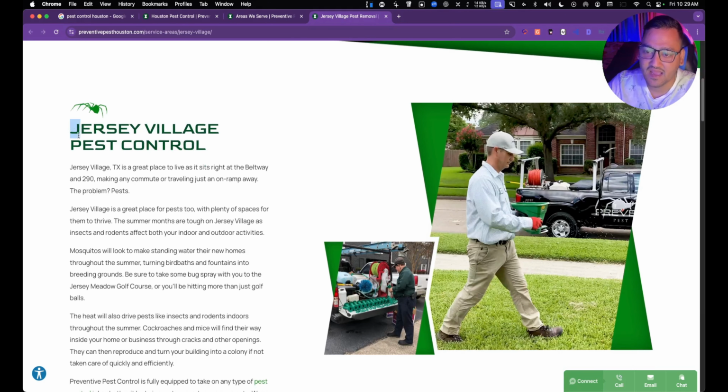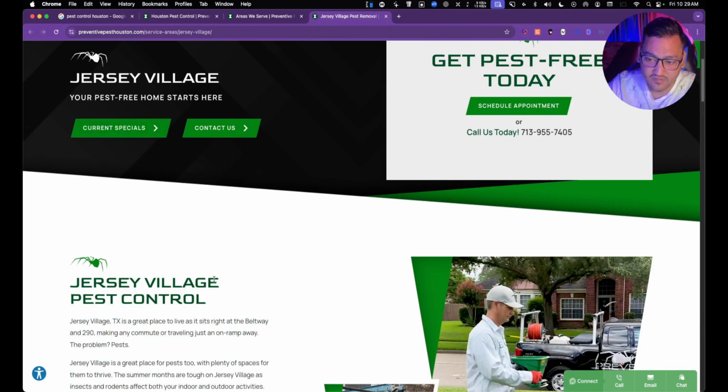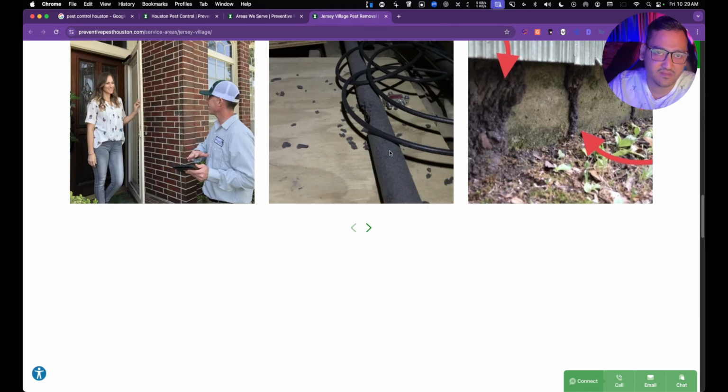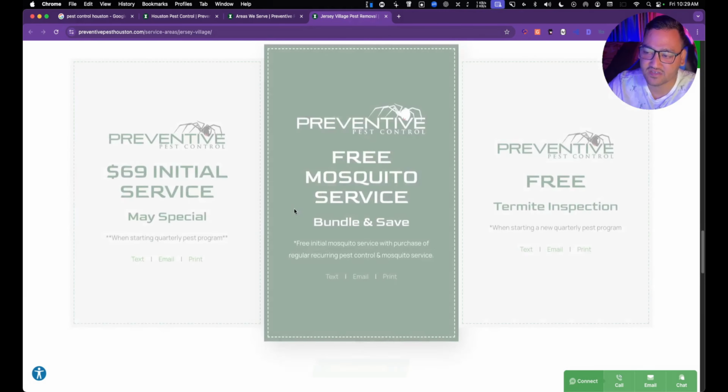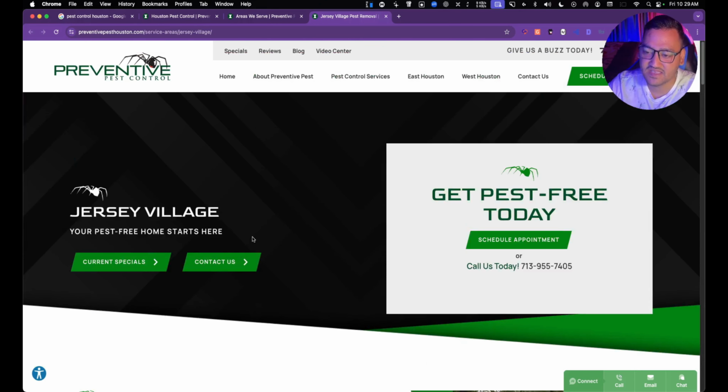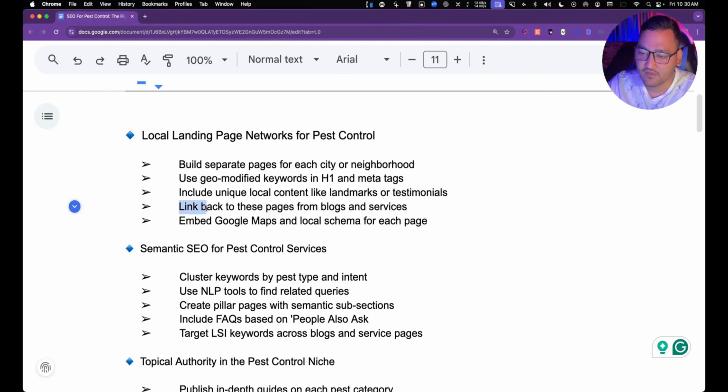On these pages there is a little bit of content about the neighborhood, in this case Jerseyville. Then these are images which are definitely geotagged for that particular location. Then the pricing and so on. If you look at these pages, they don't have that much content, but they are still covering all the neighborhoods, which is also great. I showed you this, and if I talk about what we are missing on this page right now, we can add the geo maps or the local schema. They already have the H1s, and they already built separate pages for cities and neighborhoods, but there are still some areas of